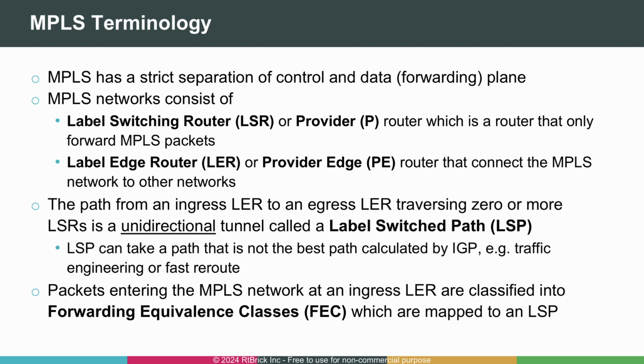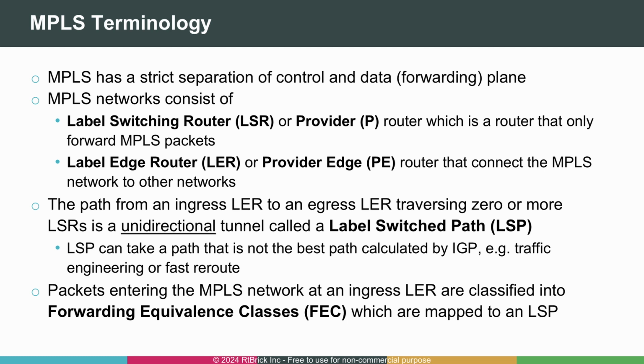The path from an ingress LER to an egress LER is called a label-switched path. A label-switched path is the path through the MPLS network from an ingress LER to an egress LER. It is important to note that LSPs are unidirectional, so a separate LSP is required for reverse traffic. An LSP does not have to follow the shortest path. This allows for traffic engineering, where paths can be selected based on policy, such as bandwidth or latency requirements, instead